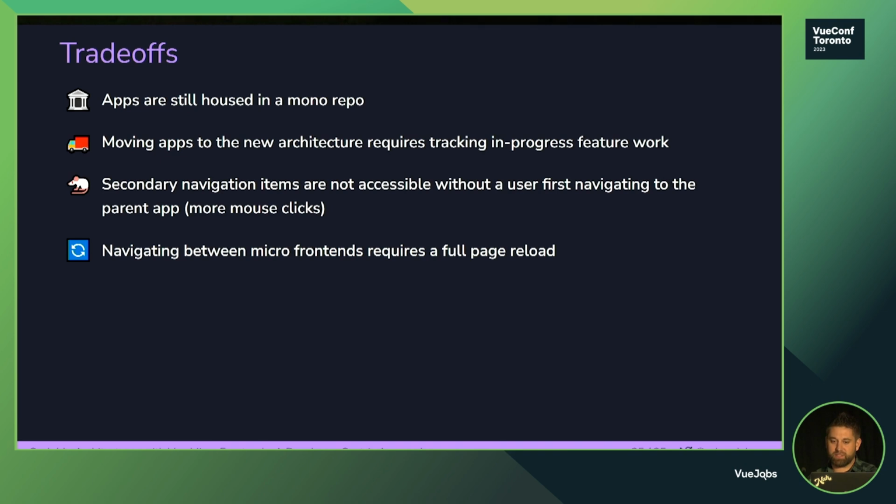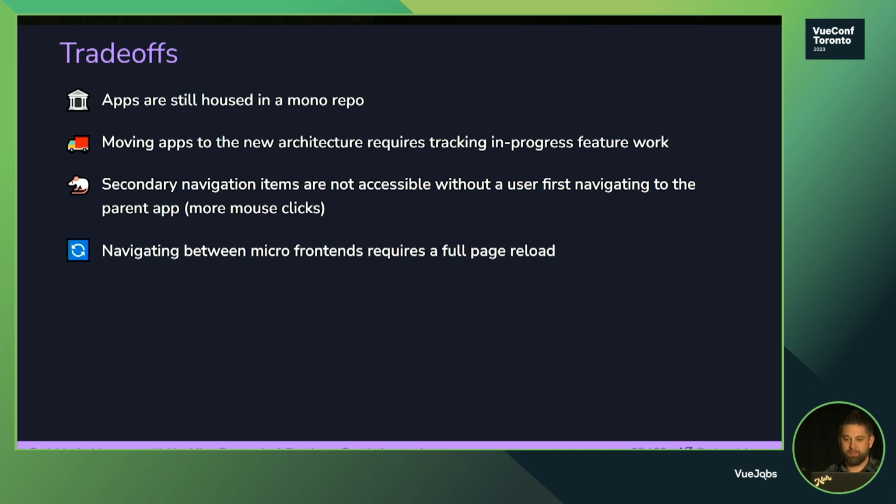With this architecture, there are a few trade-offs that we are just accepting for now. Apps are still housed in a monorepo. Is that bad? I don't know, it's probably subjective. For us, this isn't the end-all solution for micro frontends. When module federation is natively supported, we may dig into that a little bit deeper. But for us, this is subjectively better just because we can enforce these code quality standards and other developer experience improvements in one place instead of having to propagate that across multiple repos or importing all these shared configs in